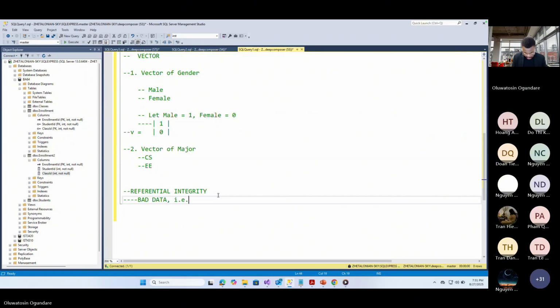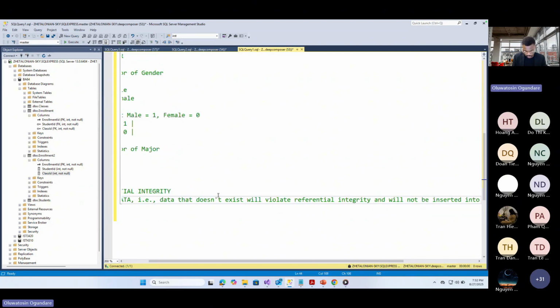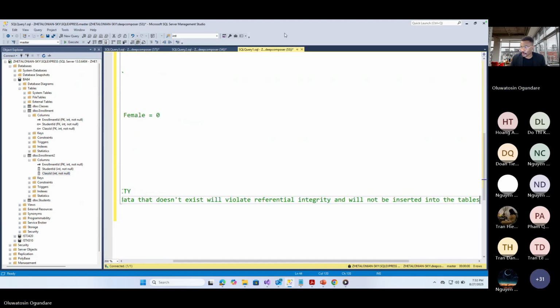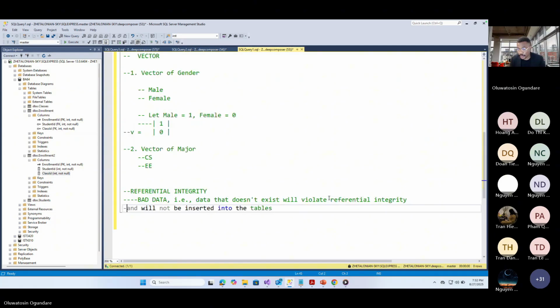That is, data that doesn't exist will violate referential integrity and will not be inserted into the tables. Right? So specifying foreign key enforces referential integrity. So the takeaway from that is